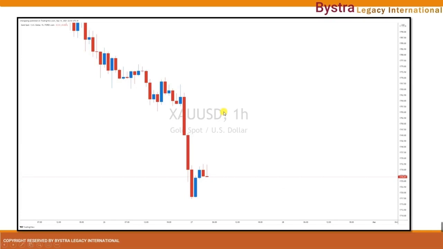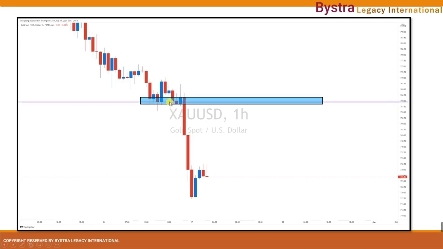So here I have XAU USD on a 1 hour time frame. Can you guys spot the drop base drop in line with the capital letter V? Okay, now let's have a look. So here I found a drop base drop, capital letter V, at the same time inside the drop base drop base. So I mark the capital letter V with a horizontal line, which will be our pending order for